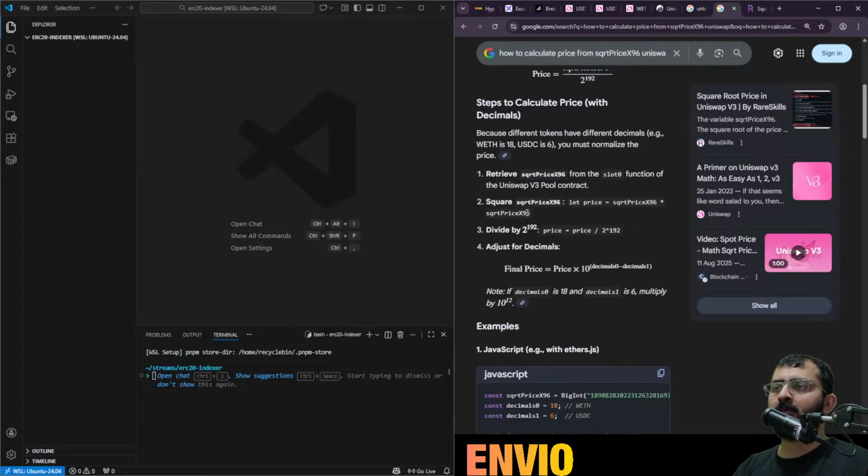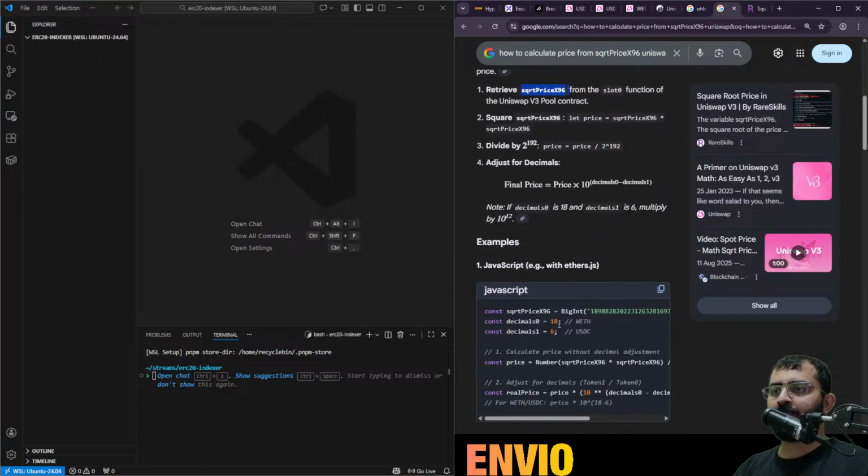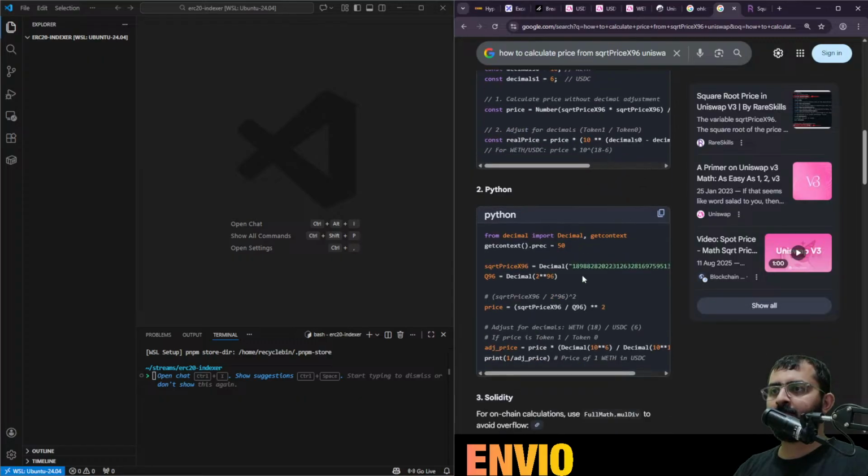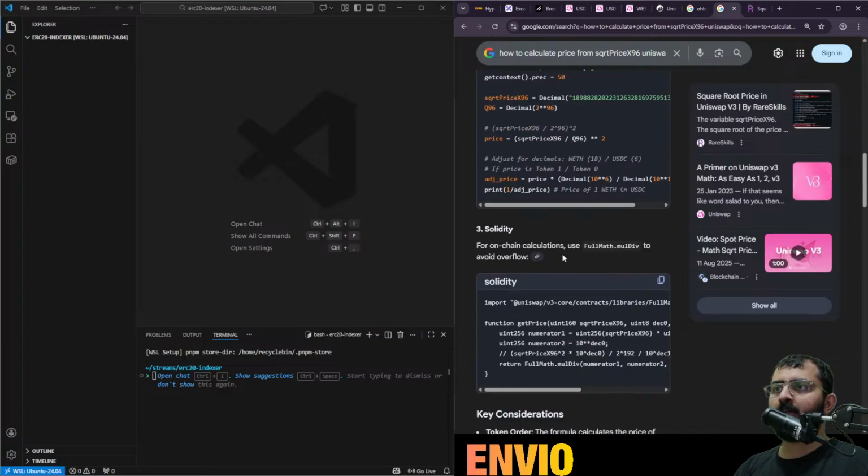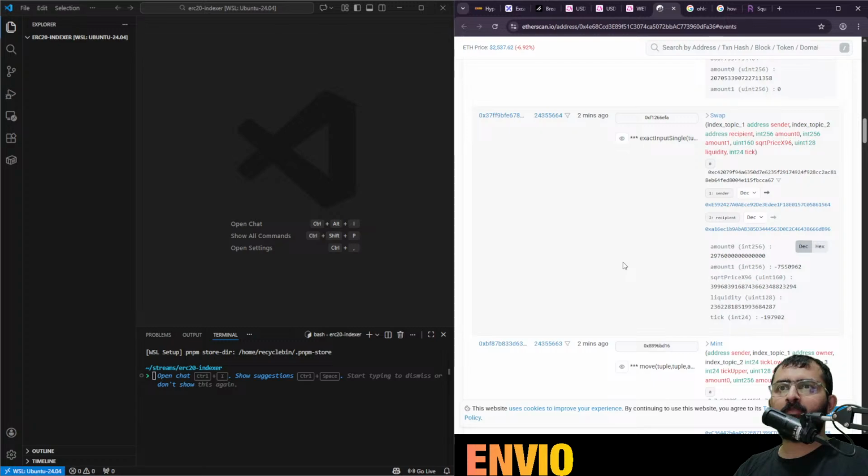Is equal to, retrieve this. We can get that. Then square it. Let's set price equal to this and into token decimal. So decimal 1 minus decimal 2. Okay. We have this WETH USDC. Okay, cool. We get,